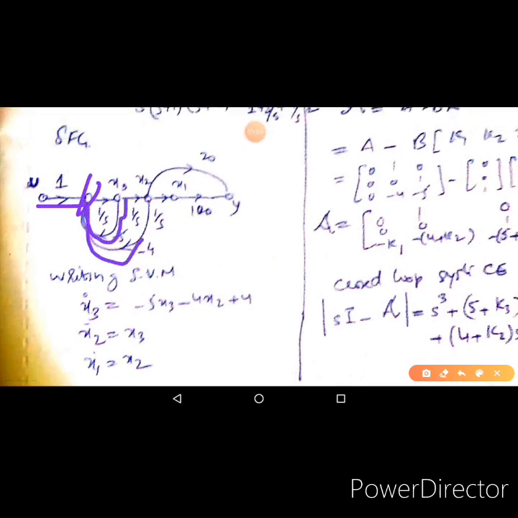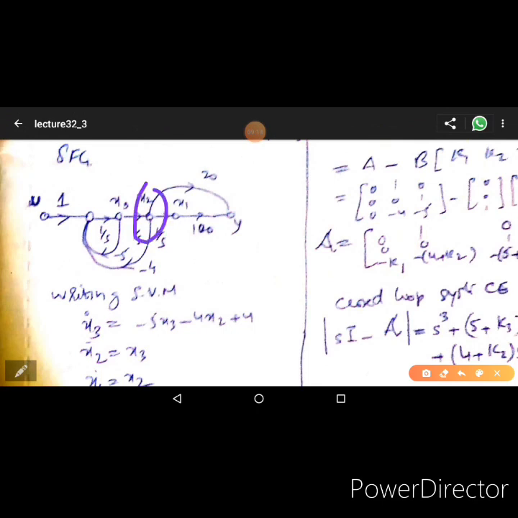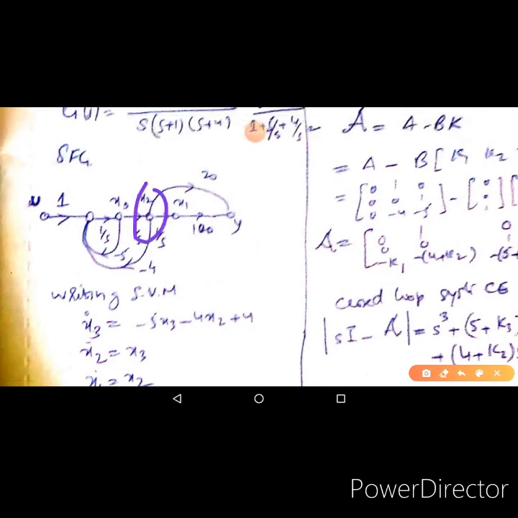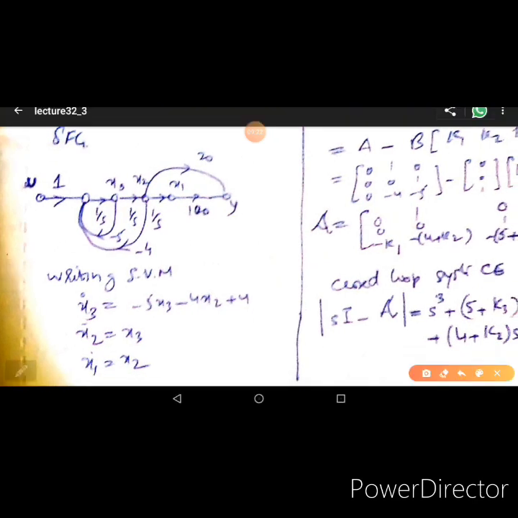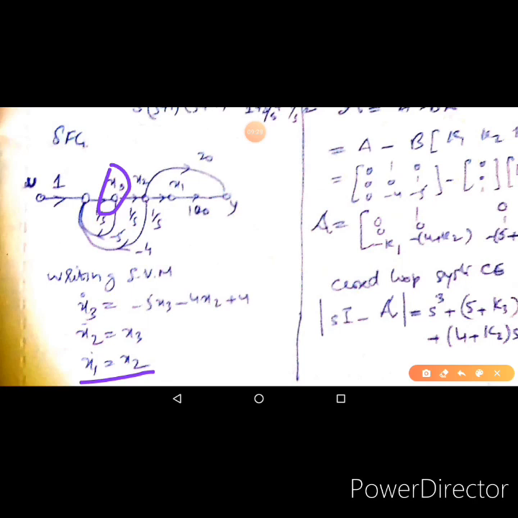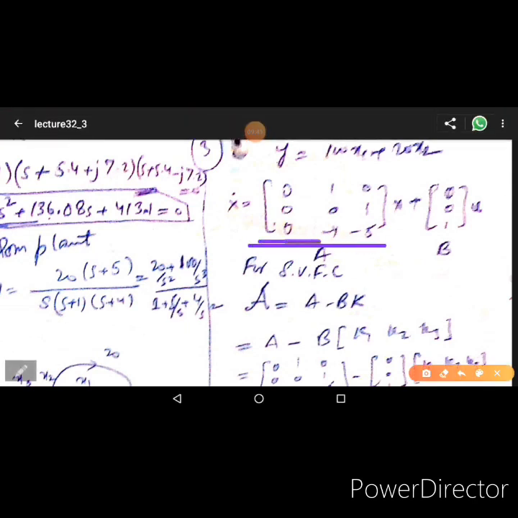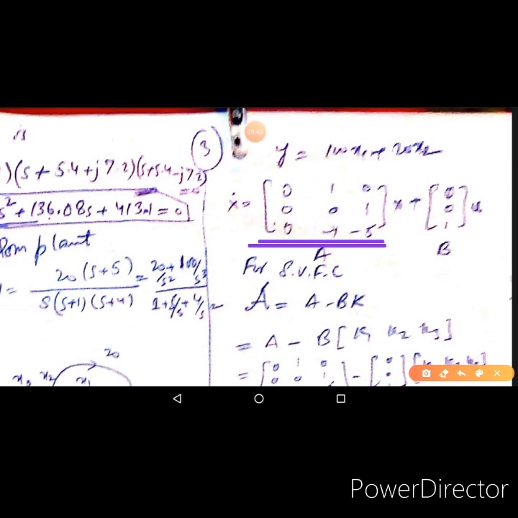अगर आप देखें यहाँ पर, ये x3 का डेरिवेटिव है तो ये बराबर है u -5x3 -4x2। ये हमने इक्वेशन लिख दी है, x3 का डेरिवेटिव इक्वल टू -5x3 -4x2 प्लस u। इसके बाद x2, जिसको हम यहाँ कह रहे हैं, ये x1 का डेरिवेटिव भी है, यानी एक ही सिग्नल है, दो नाम हैं, x2 और x1 का डेरिवेटिव। इस बेसिस पर हमने यहाँ ये इक्वेशन लिख दी। इसके बाद अगर आप इसके ऊपर गौर करें, तो ये सिग्नल x2 का डेरिवेटिव भी और x3 भी है, एक ही सिग्नल के दो नाम। तो हमने ये इक्वेशन लिख दी, x2 का डेरिवेटिव x3 के बराबर है। इनकी बेसिस पर जब हम मैट्रिक्स की फॉर्म में इनको लिखेंगे तो हमारे पास मैट्रिक्स की फॉर्म ये निकलकर आ जाएगी। ठीक हो गया, ये आप प्रैक्टिस करके एक दफ़ा देखें।